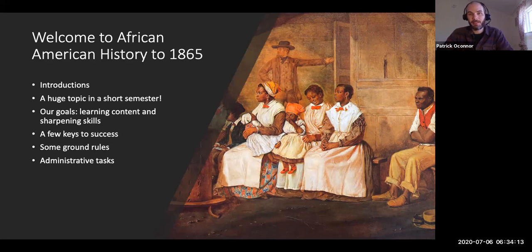And the course is also intended to help you sharpen your historical skills. If you're a history major, of course, this is really valuable, right? Historians have particular skill sets, things like their critical reading abilities, their ability to construct arguments based on evidence, etc., that we're going to practice in this class. If you're not a history major, I really am convinced these skills are still very valuable for you, and that they're going to help you in whatever endeavor you're engaged in, as is the content that we're going to be discussing here. So I'm very happy to have you, no matter what academic background you're coming from,